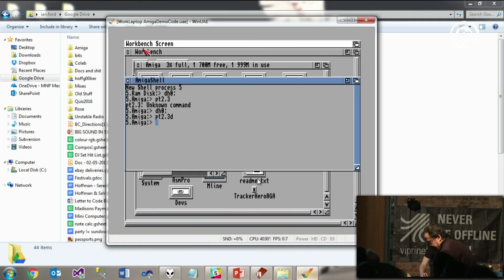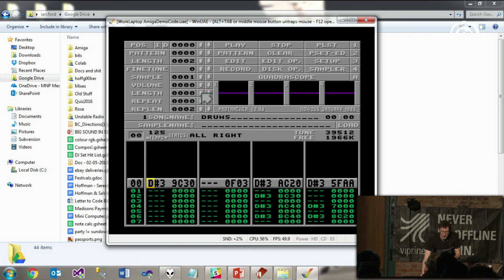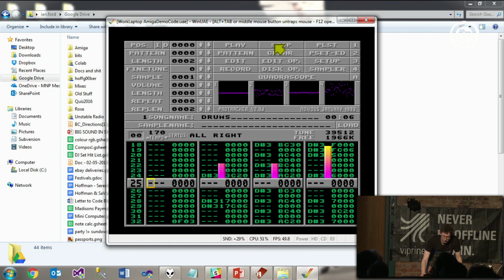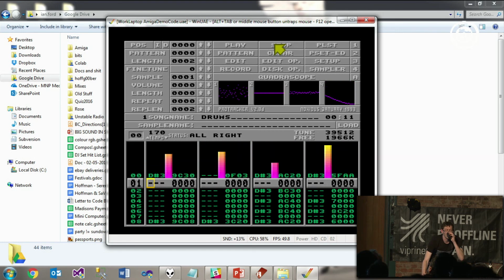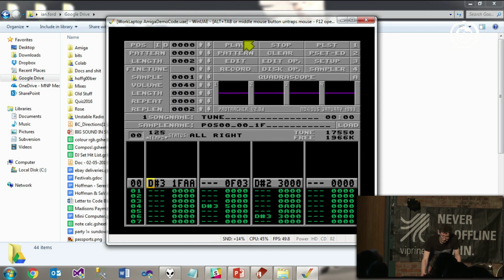Actually, I'll just show you in the tracker first. So this is our drums module. It's pretty punchy drums, right? And in our tune module, which is actually our tune,